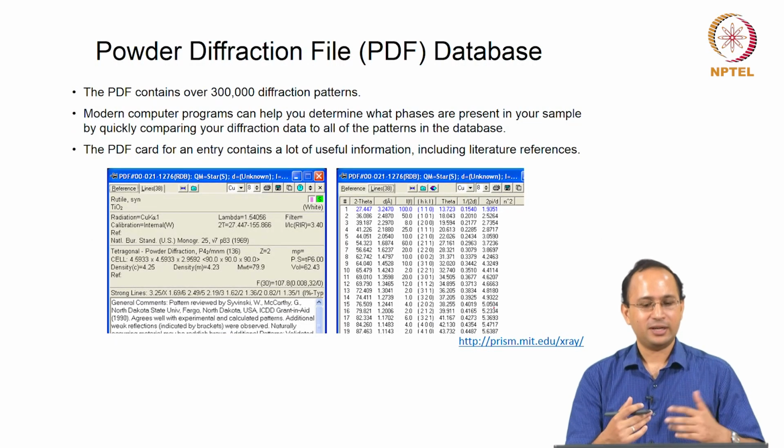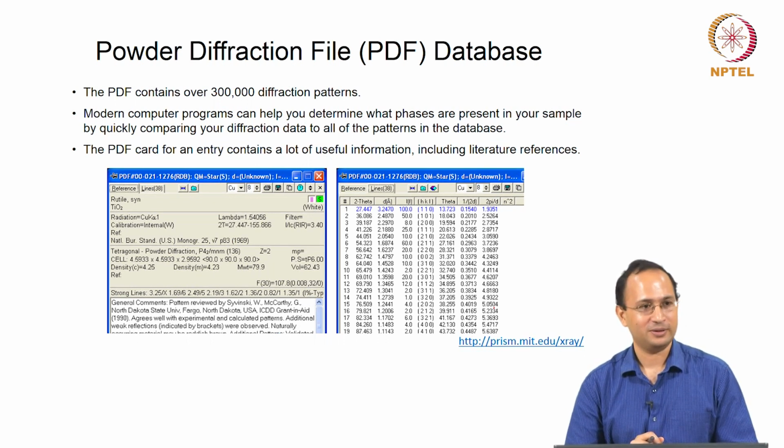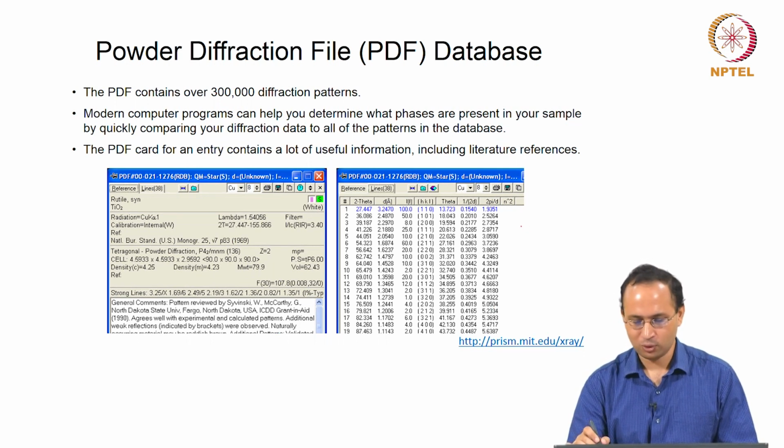So this is what it looks like if you use any commercial software. This was the manual searching. People used to do that long time ago, but these days you do not do manual searching. You can rely on available software. So this is from HiScore Plus. Okay, we will come back to it, but anyway.